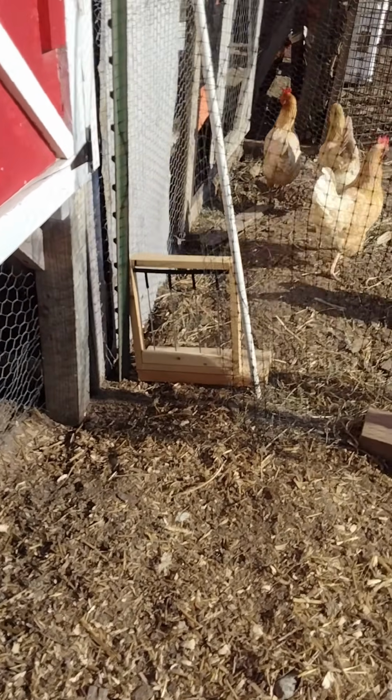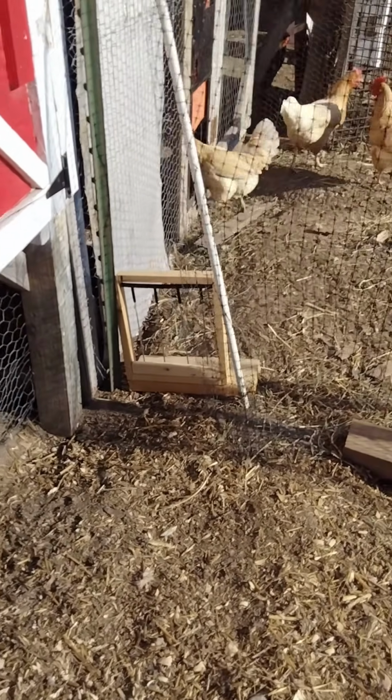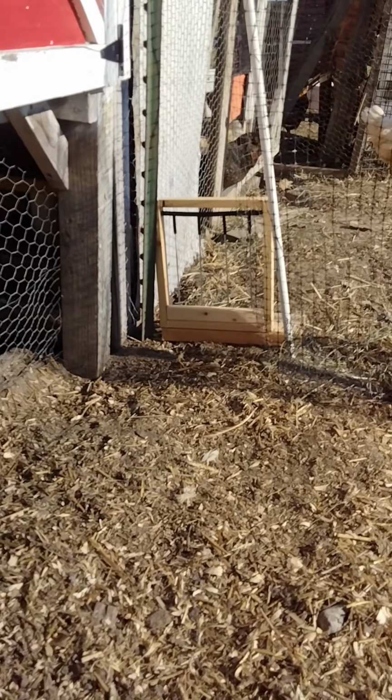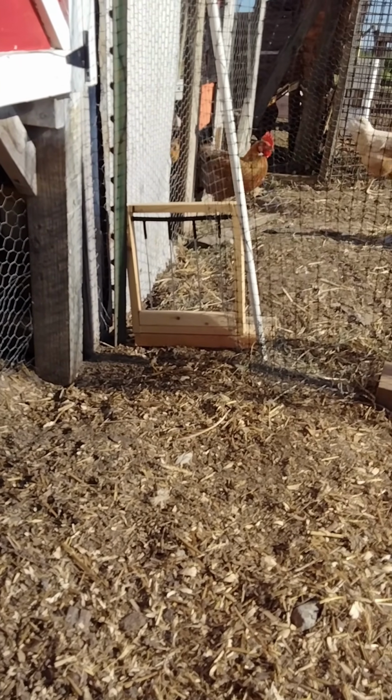Oh, well, that works too. Okay, on a full door, that's also good. Okay, on a full door, if this was part of a framed door, they wouldn't have the option of hopping over, but I am super excited about the possibilities